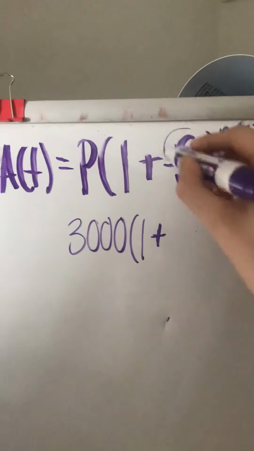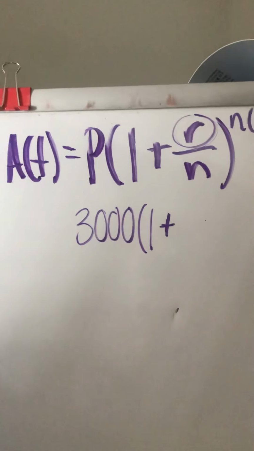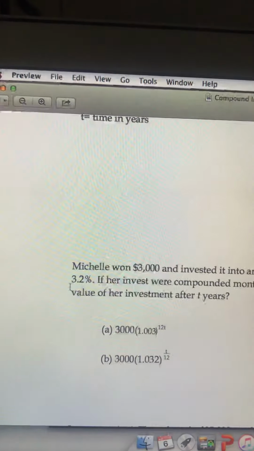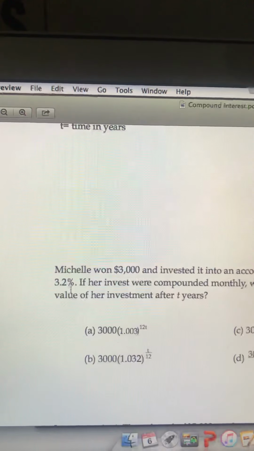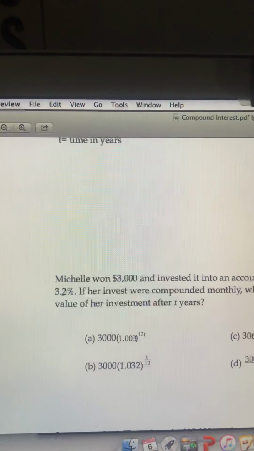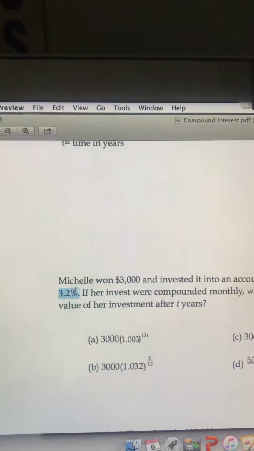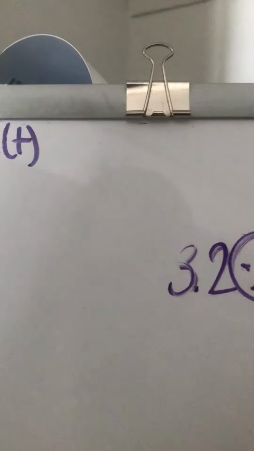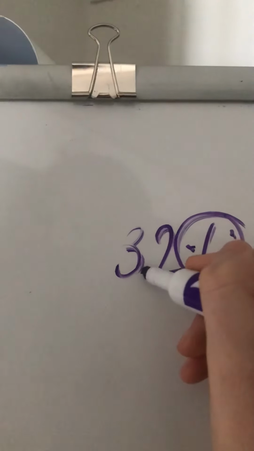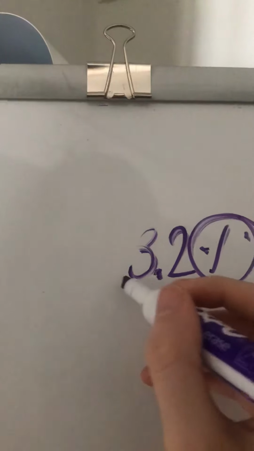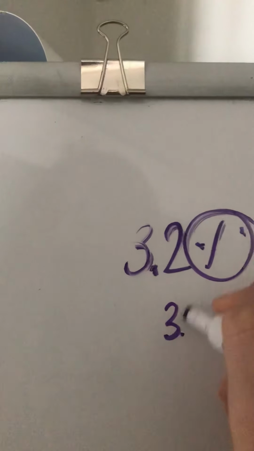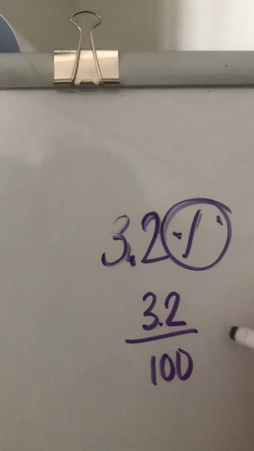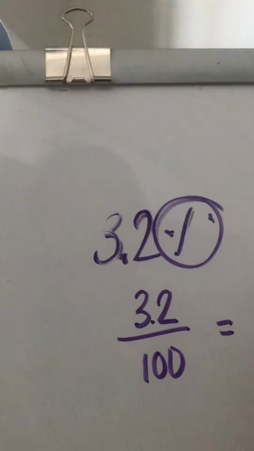Now r, that's representing your interest rate. And here it's saying that she has a 3.2% interest rate. I know that it's a decimal, but notice the percentage sign that's part of it. Since that is a percentage, you need to get rid of this percentage. That's your whole goal here. So the way that you can do that is you can either take this number every single time and divide it by 100, which will give you